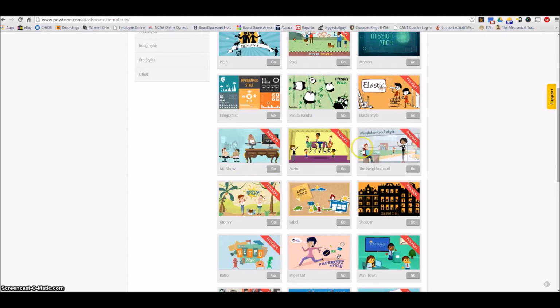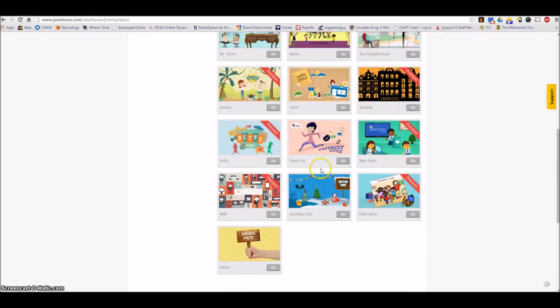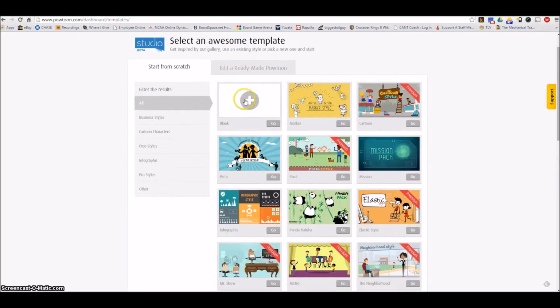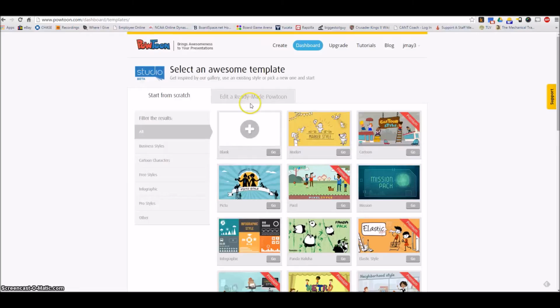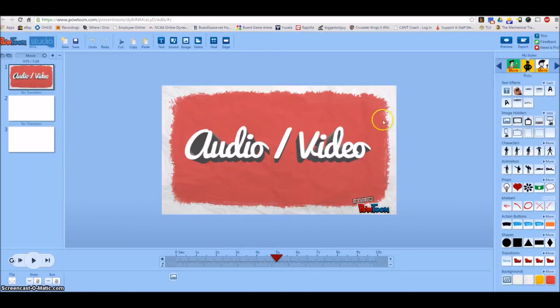And you can see here the premium styling for the premium packs, what you have to pay for, or you can go to blank. So I'm just going to show you real quick one that I've got a couple assets already in place, and basically it's set up very similar to a slide presentation, much like PowerPoint, that you can manage, because you can either set this up in the end to be a slideshow, or you can use it to be like